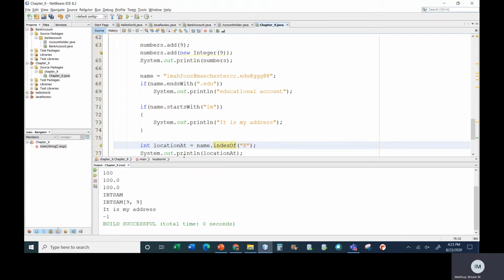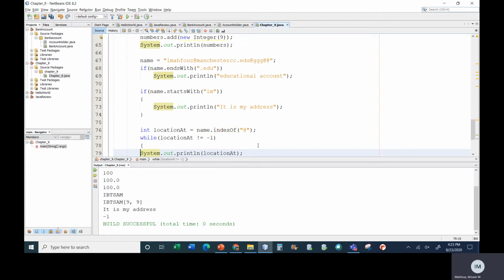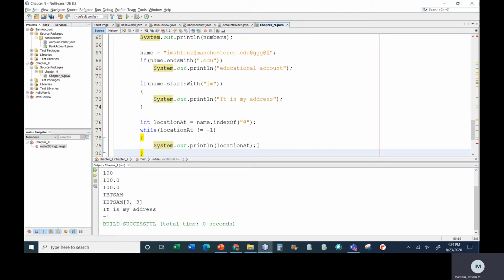Let's go back to this code. This is the location of the first one. And so I can say while location @ does not equal -1. So I'm finding it. What I'm going to do is print the location. So now I'm printing the first location. And now I want to print the next one. So I'm going to do my update and say now location @